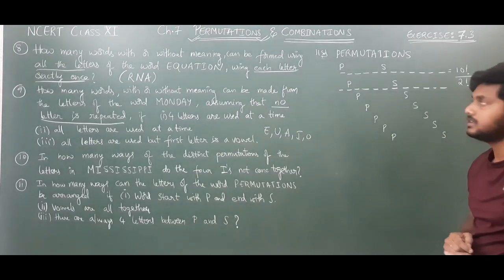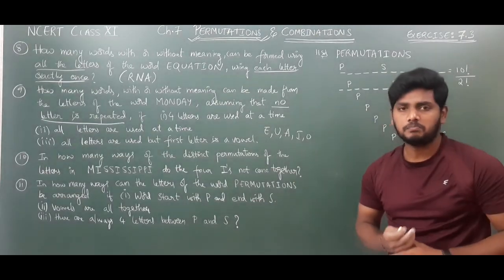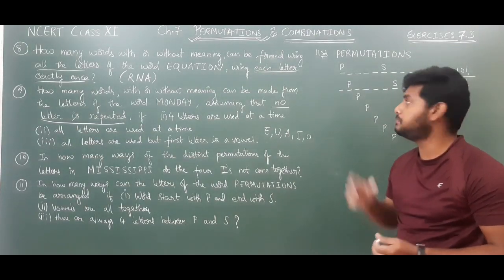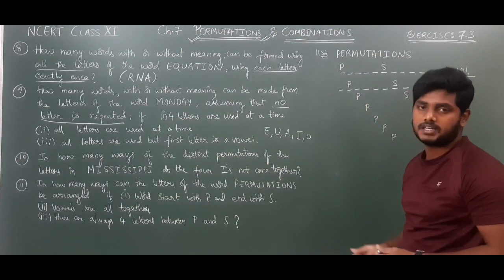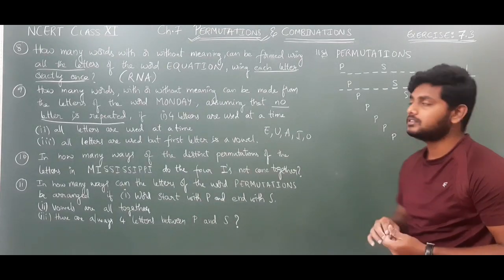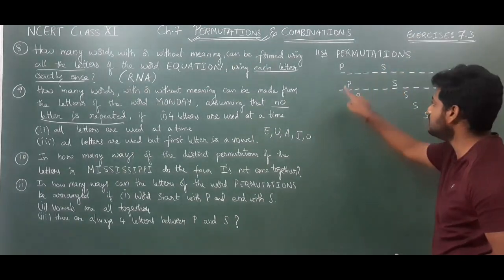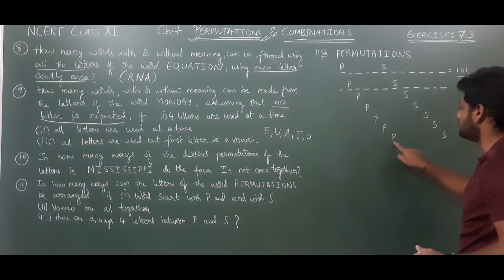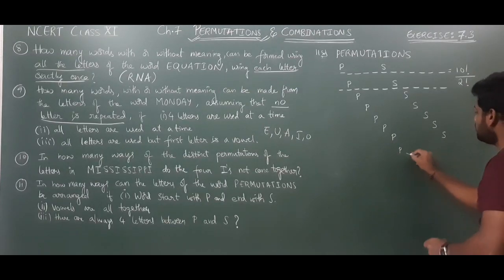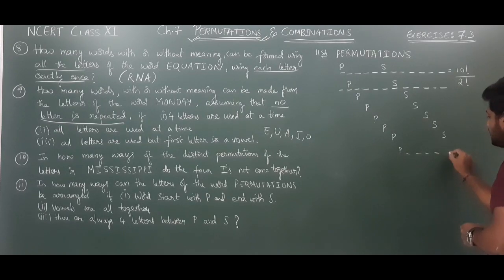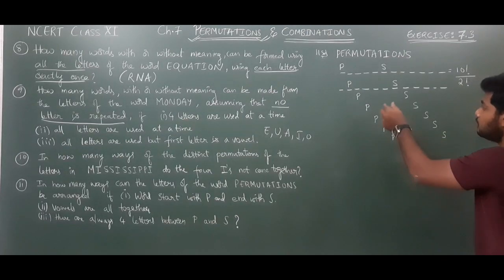Did you understand? See, out of those 12 places, what they asked is, there are always 4 letters between P and S. That means they did not say that P should be at starting place, or second place, or third place, or fourth place, like that. So these are all possible cases when P is before S. How many are there? 1, 2, 3, 4, 5, 6, 7. You should not take the 8th case. Why? Because if P is here, only 4 places will be remaining, and again we cannot write S there. So the 8th case is not possible. Only 7 cases are possible.